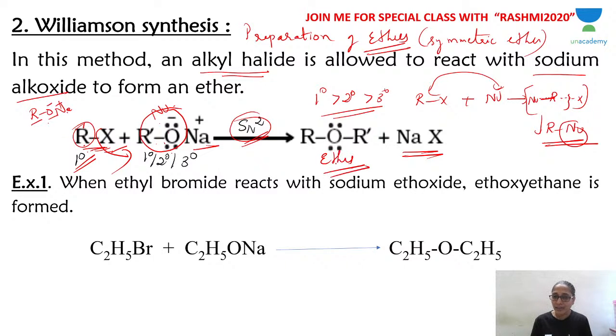If you want ether, you want the reaction to follow SN2 mechanism. And you remember, in haloalkanes you have learned SN1, SN2 mechanism, is it not? In SN2 mechanism, which alkyl halide follows SN2 mechanism? Primary. So you have to have alkyl halide primary. It's as simple as that. You don't have to have any confusion. Remember your haloalkanes, remember your SN1, SN2 mechanism.